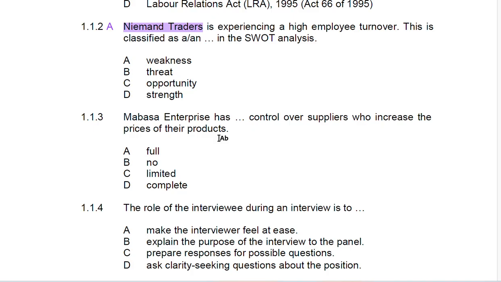And then we are provided again 4 answers, A, B, C, and D. When you're looking at this, A says full, B says no, C says limited, and D says complete. Now, by the look of things, what would you say? In no circumstances do we believe that Mabasa will have complete control. However, based on the information that we are provided,